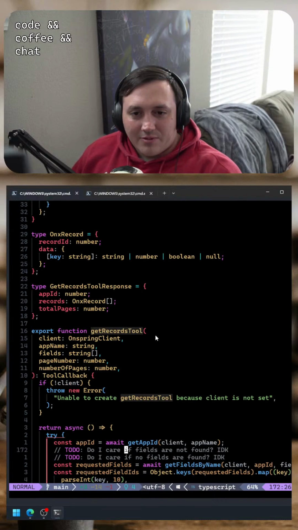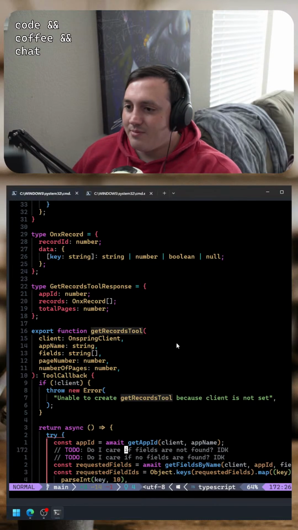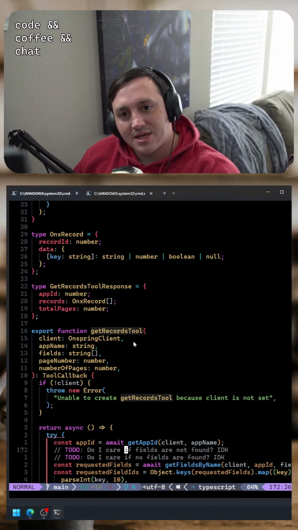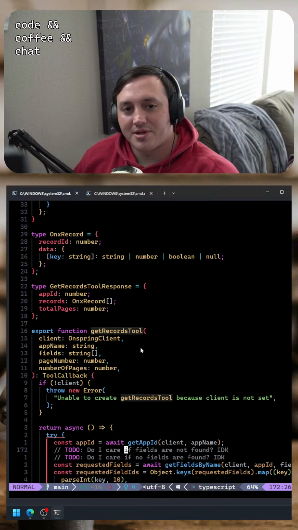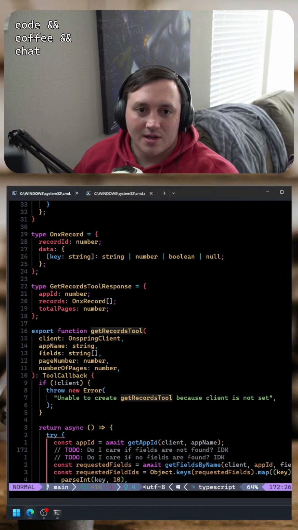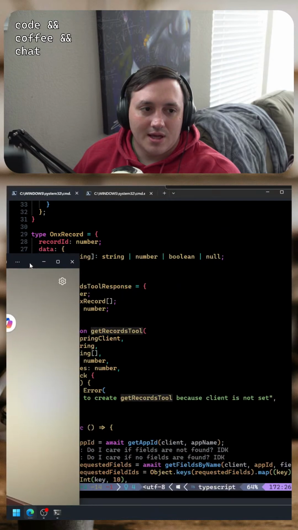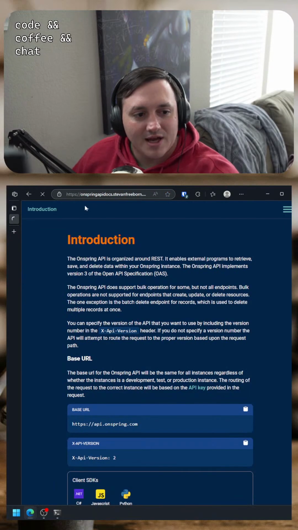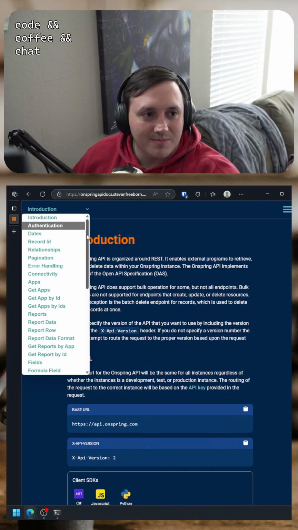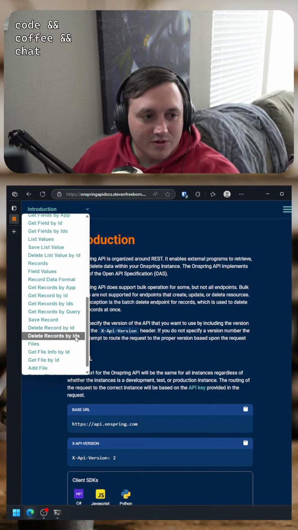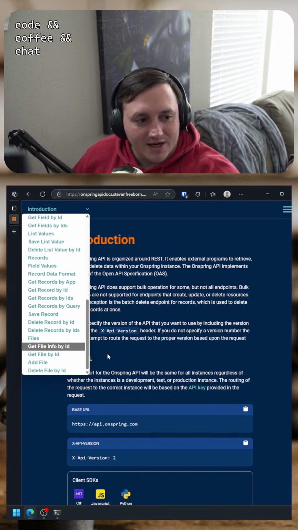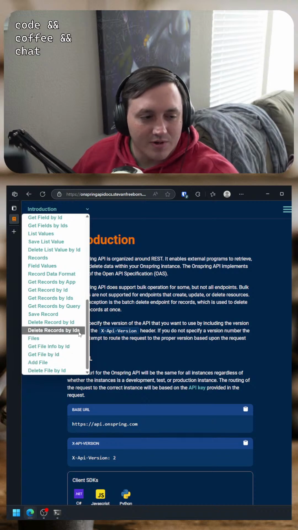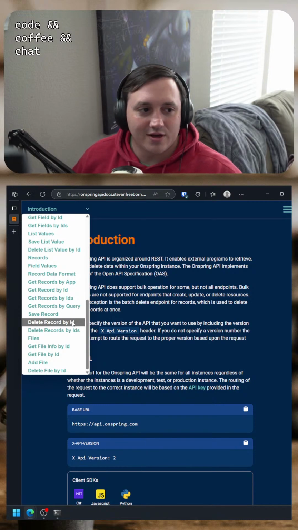Okay, so that was the Get Records tool. I think the next thing I'm going to implement is getting reports. I need to be able to get the names of reports, and then I need to be able to get the report data by name. There's a couple endpoints in this API. I've shown this API a couple times. No worries if you don't know what this API is for. That's not really relevant. The more important thing here is I'm building a model context protocol. The API I'm building it with is just because I know this API really well.